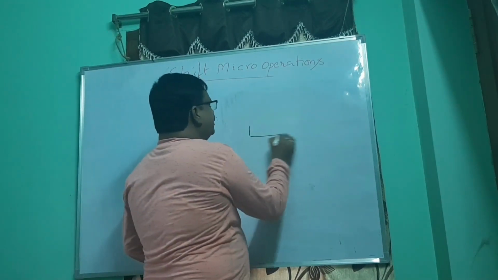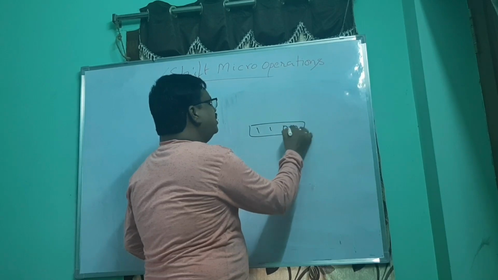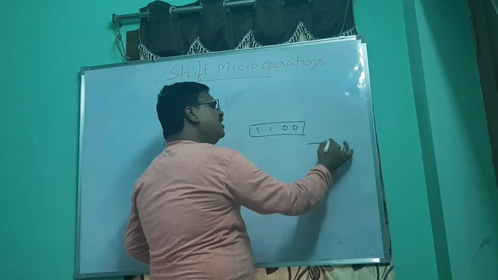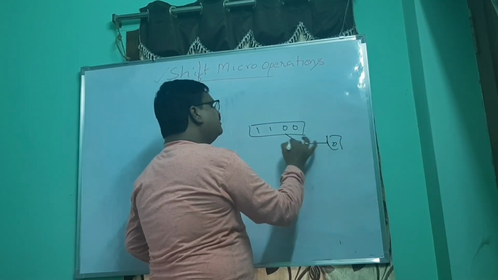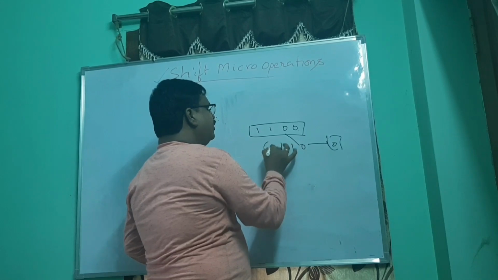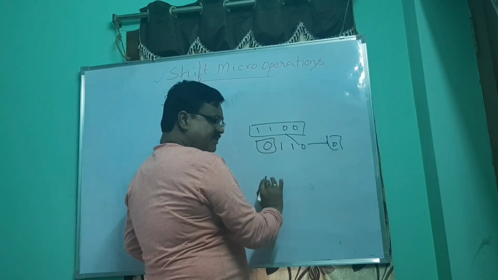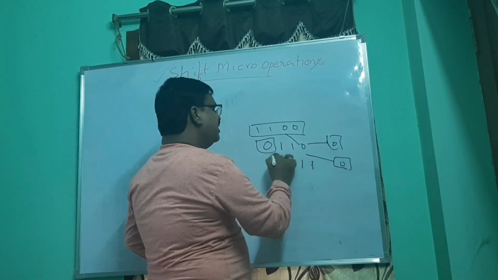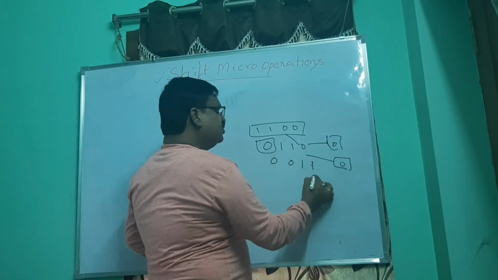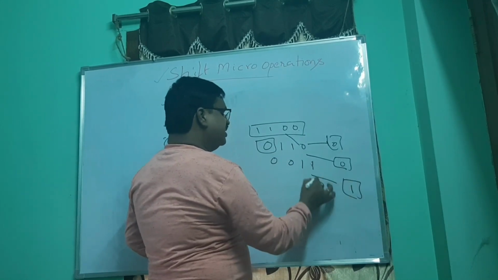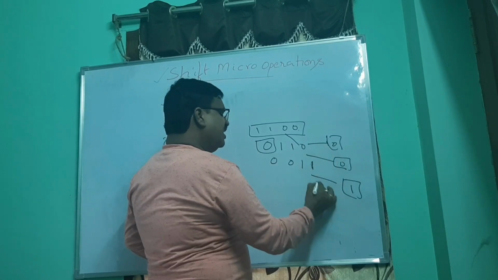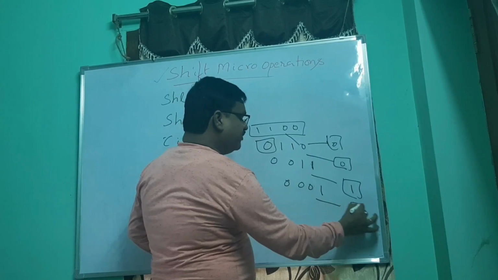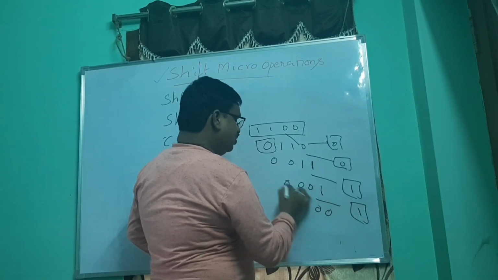As I told you, if it is a simple one, 1, 1, 0, 0, and you are going to transfer, this 0 is transferred to the destination, then it is discarded. In the place of 0, this 1 will come, and a new 0 is added here. For the next time, this 0 is transferred here and is discarded. This one, and 0, and a new 0 is added. Next time when you perform, 1 will come here, which is in this place, and is discarded, and this one and 0 and 0 and a new 0. So for the next time, if you perform, 1, 0, 0, 0, 0.